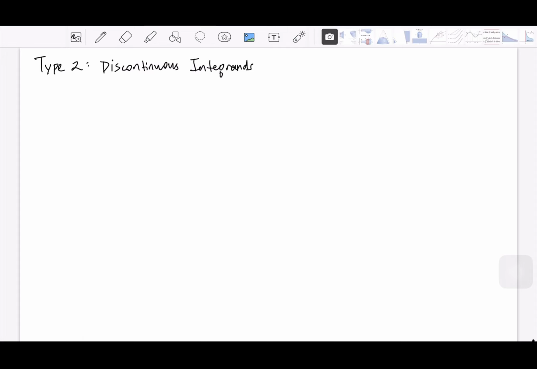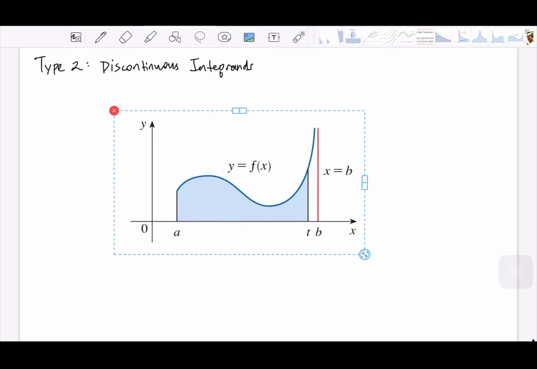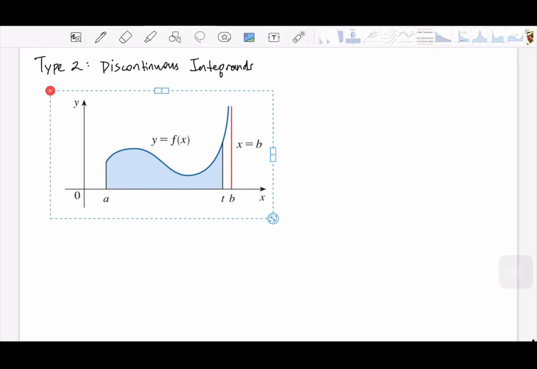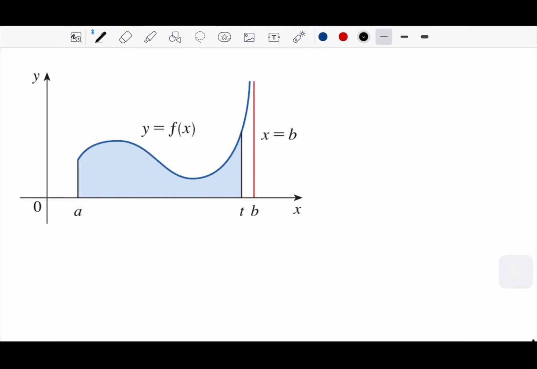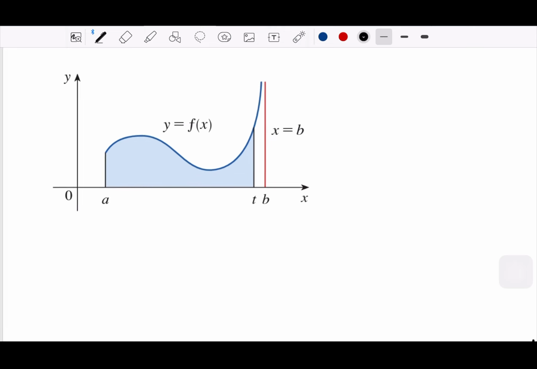Now let me give you a little bit of illustration. Imagine we have a point at x equals b. We call this an asymptote, the vertical line. So when t approaches this b,